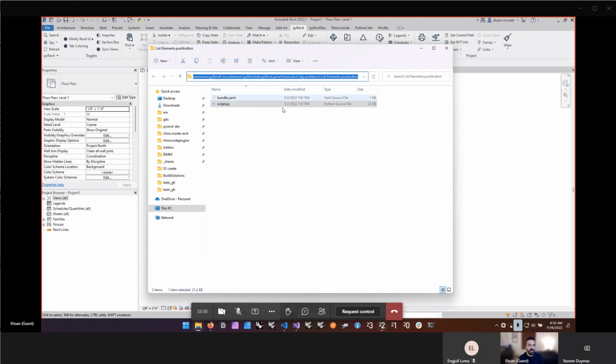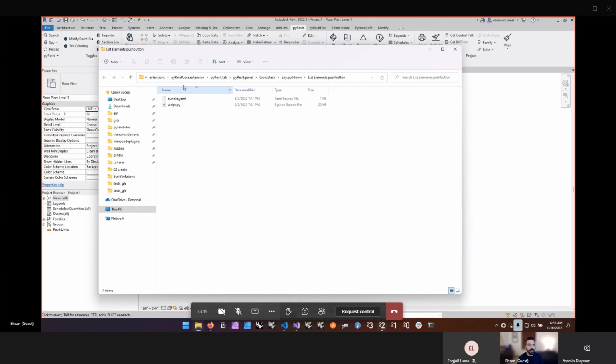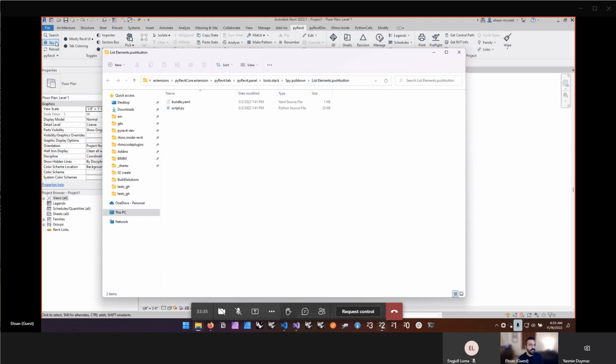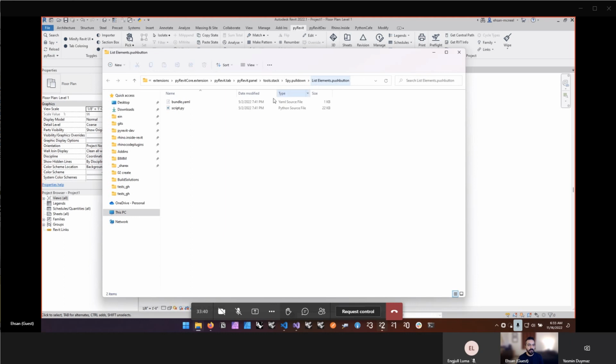So this is what you see, just like what we created. Let me make it slightly wider. You can see that there's a pyRevit core extension. There's a tab inside of it called pyRevit that we see right there. The panel is called pyRevit, in the corner, the first one. And then there's a stack of tools, these 3. And then there's a pull down, and there's List Elements, all that. So eventually we get to this List Elements here. That's a push button, a bundle that we have created, and there's a script inside of it right there. I can open that script,